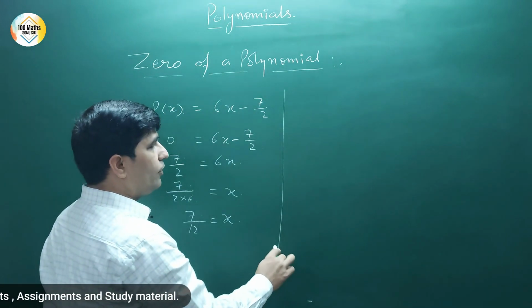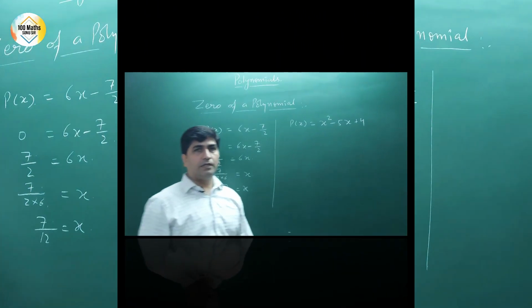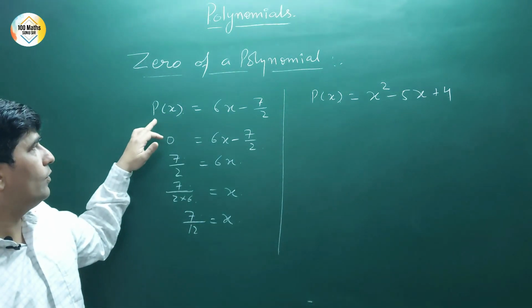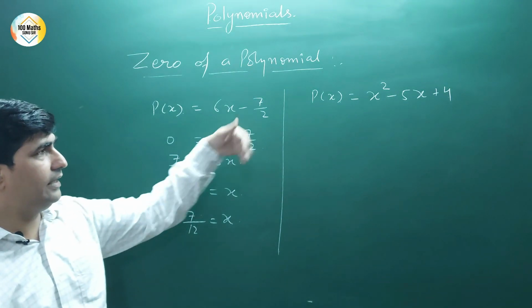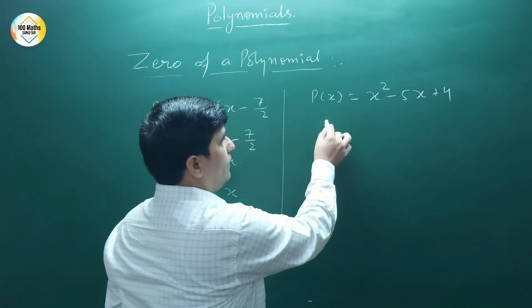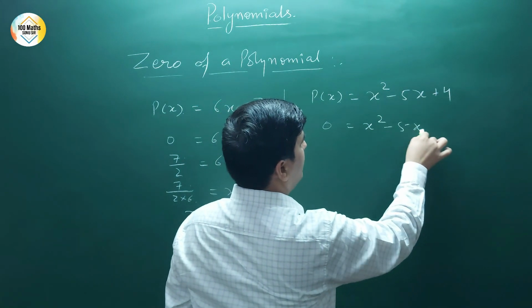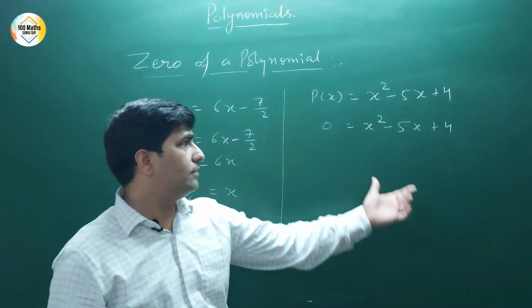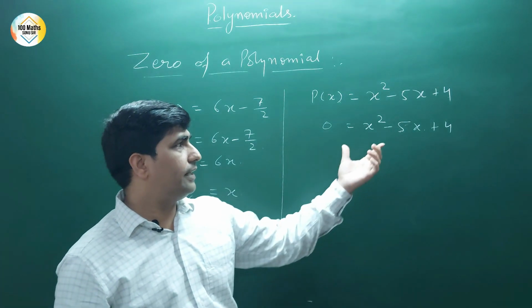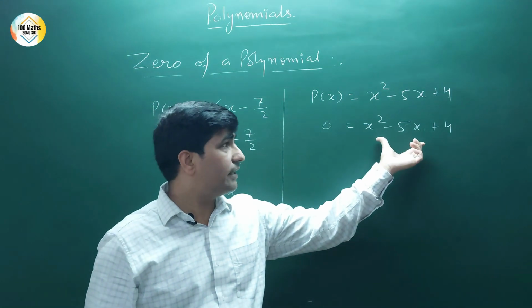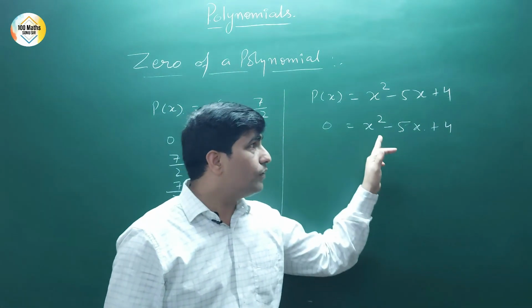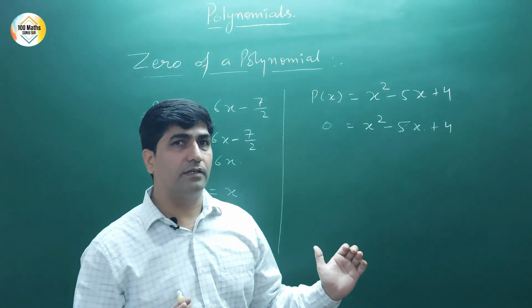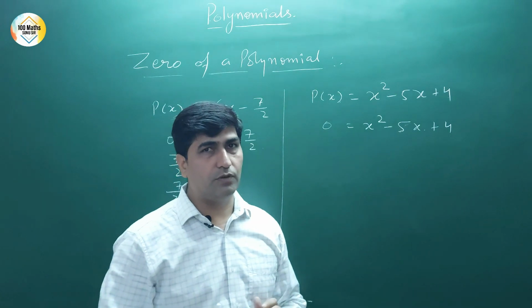Now what if the polynomial is of degree 2? Can we find the 0 of this polynomial? It is a quadratic polynomial. We will follow the same procedure, right? P(x) will be 0 and then we will find x. So P(x) is 0 and we will find the value of x from this quadratic polynomial. Now how to find the value of x from this? First we will break it into linear factors, right? We will factorize it by splitting the middle term. For this you can see my previous video on splitting the middle term, how to split the middle term and factorize a quadratic polynomial, right?